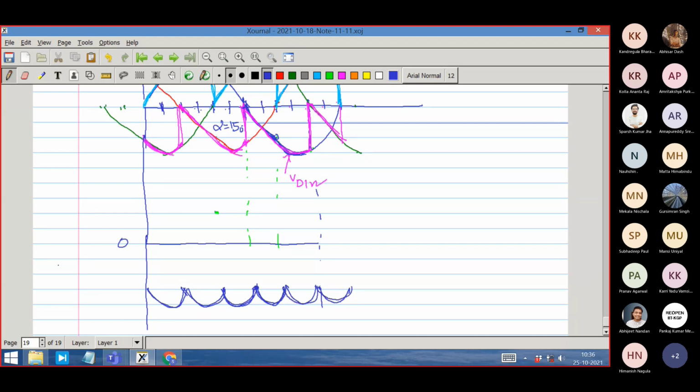This is Vd1n minus Vd2n, and this value will be given by your formula. Formula is 1.35 V line to line RMS into cos of 150 degree. That will be the average value of this waveform. It will be exactly same in magnitude, but opposite in numerical value, had the angle alpha been 30 degree. So that is the way we should sketch it.